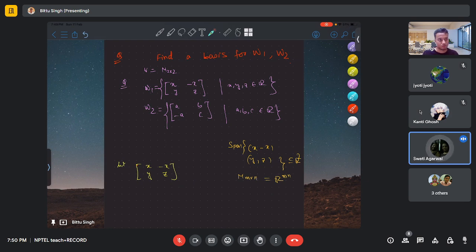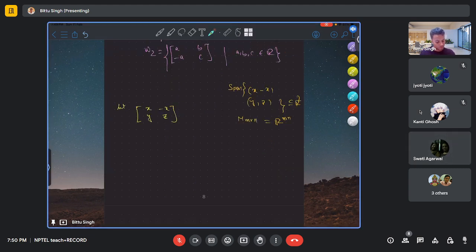But dimension, I was just thinking, since we have an example here, like W1, it is x comma minus x, y comma z. I want to clarify with you, does this particular W1 belong to a vector space, and then obviously based on the relation we can find the dimension. Yes, yes. For example,